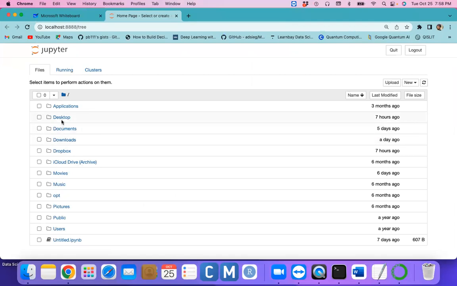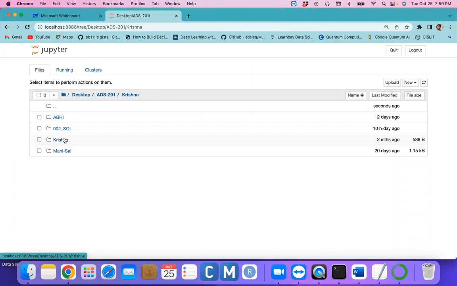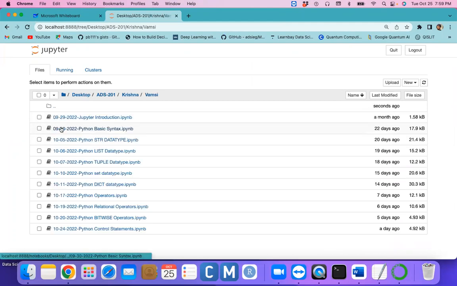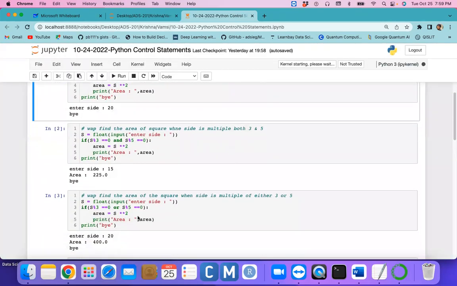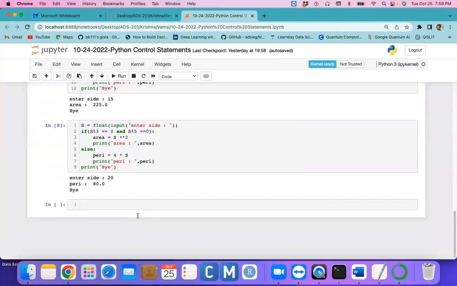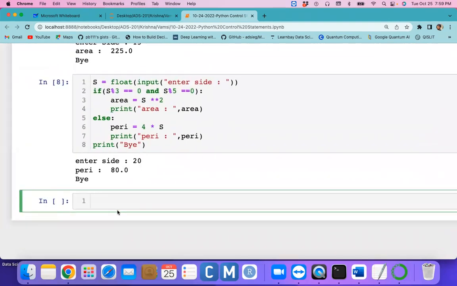So go to your specific folder where we are executing the statements. Control statements, right? Yes. Now we are in the control statements. If is done, if and else is done. Now we are going to do the elif later, right? So here, experience: write a program to fix the salary based on